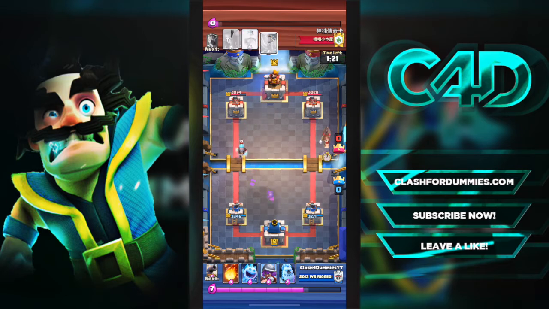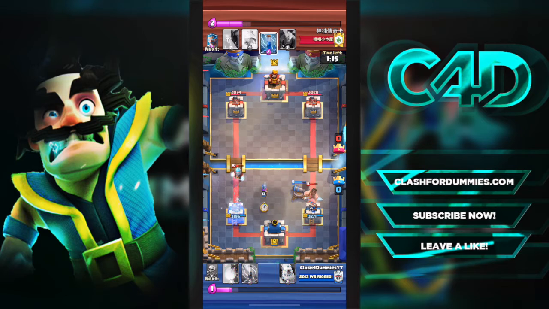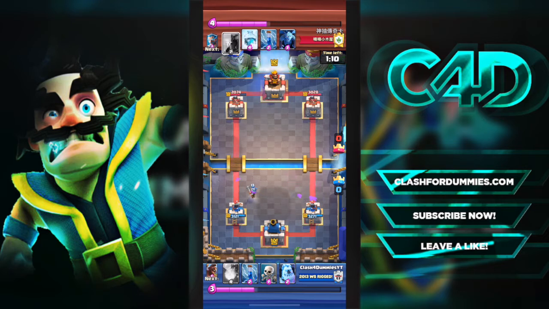We do have an Ice Wizard still coming down the side, and then he throws out a Hog out of nowhere. We don't have cannon in rotation, so we gotta cycle. Like the key to this deck is get that Ice Spirit out, buying us some time, and getting that cannon back into rotation so that we're able to shut down that Hog Rider and not even give up a single